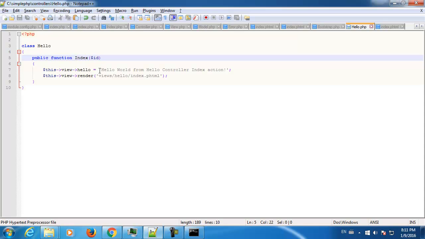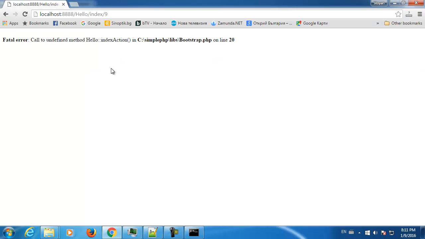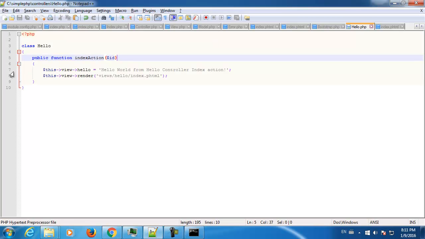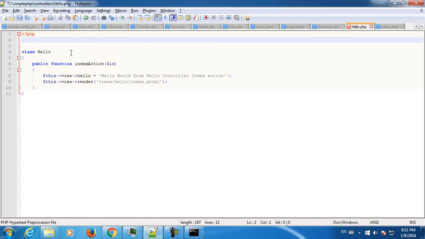Index function, index action. Of course, I forgot index action. Let me see if this solves the problem. Creating development from empty value. See hello on line 7. Throws hello line 7. If it is this view hello, of course, require